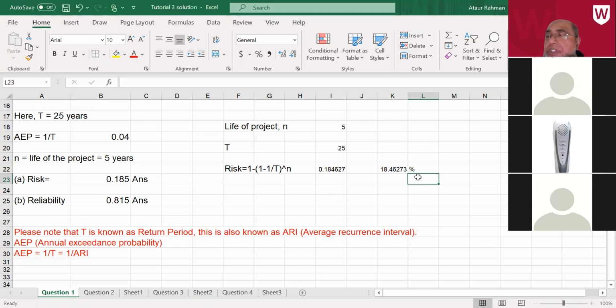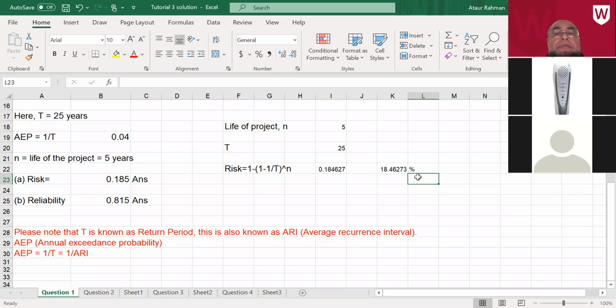Because when you design this kind of infrastructure, huge cost is involved. And if flooding happens, it's a big problem because there will be a lot of losses incurred during the construction. So the return period that we have considered, 25 years, may not be adequate. If you want to reduce the risk, then we have to consider a higher return period flood to design the temporary coffer dam. For example, if you consider T equal 50 years here,